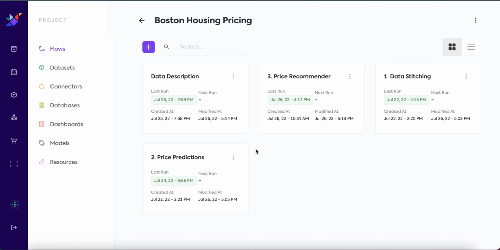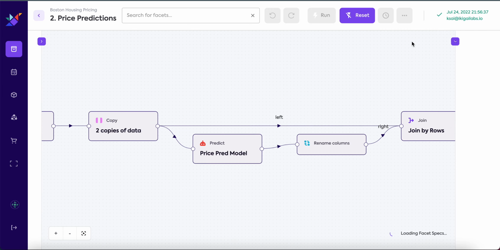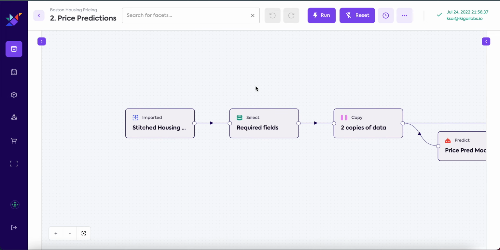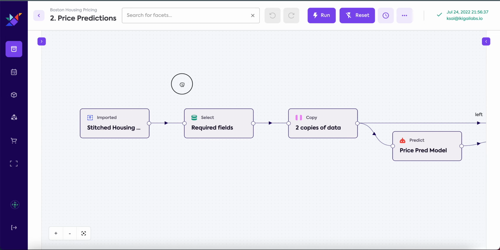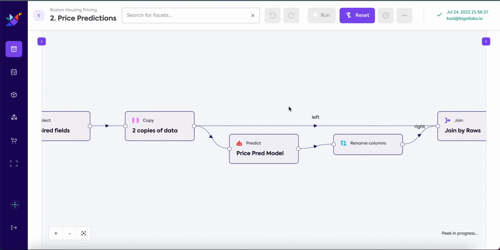I'm going to go over the price predictions flow, and we're going to do a high-level overview of how the flow works, what our inputs are, and what our outputs are. So if we go over here to the left, our input is the output from our previous flow, which is the stitched housing data. Now, if you don't remember what that looks like, let's take a look at it before